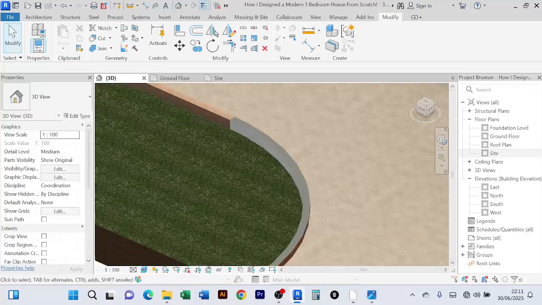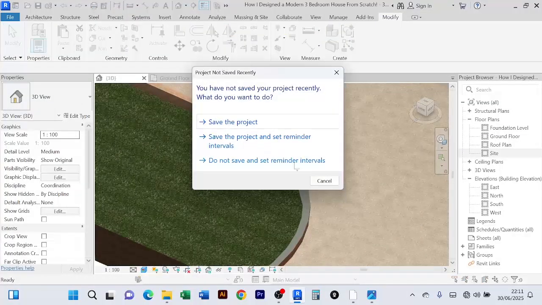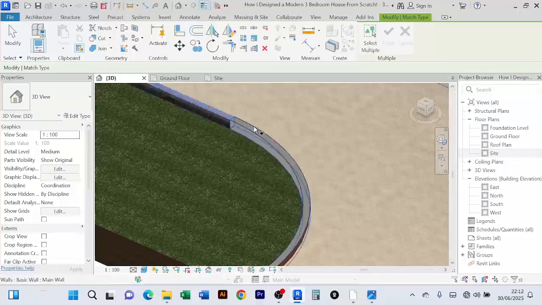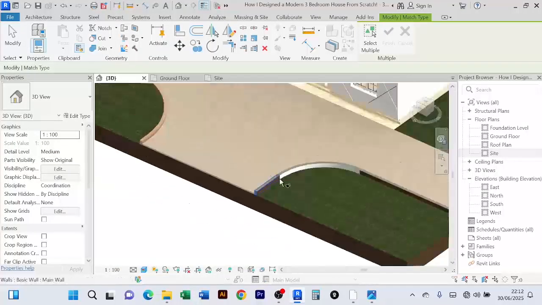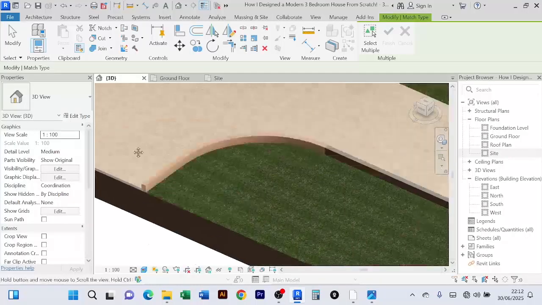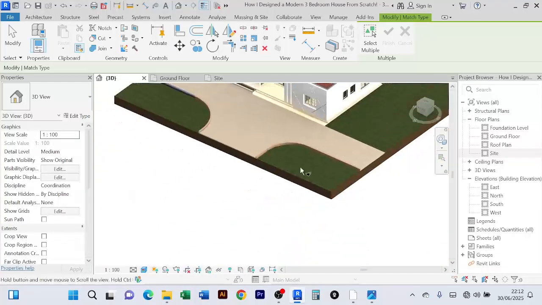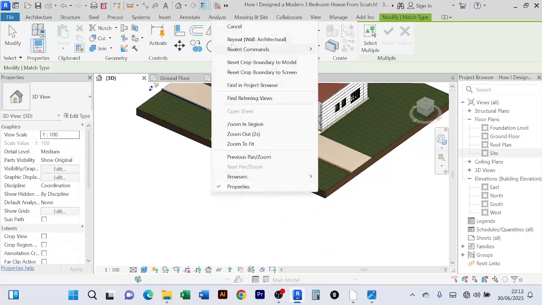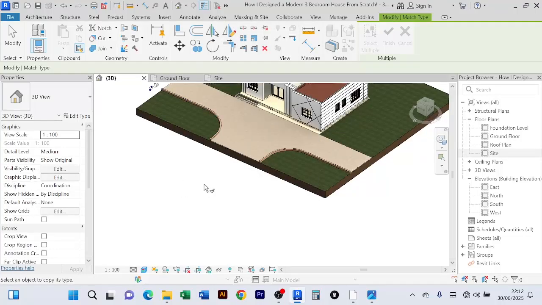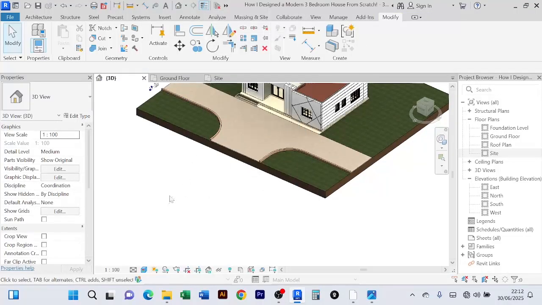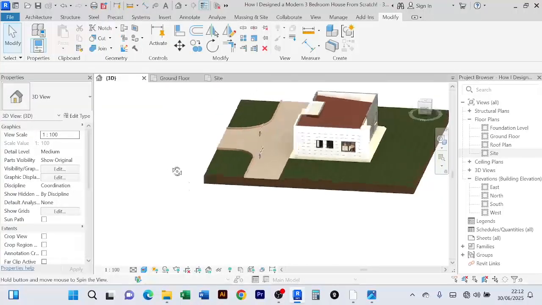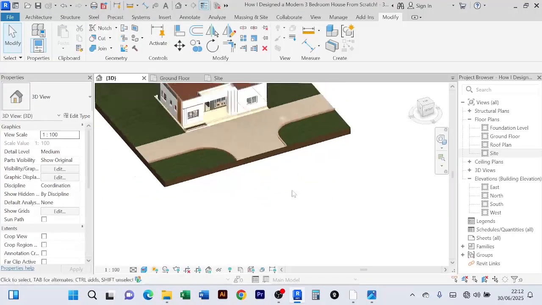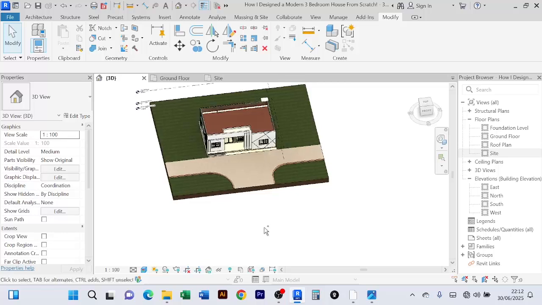And then of course I'll come to match properties. I'll match this to that. I'll match it to this. I'll match it to all these. Just like that. Let's escape, escape, and escape. See that? That is what we have around our house. So we can create more